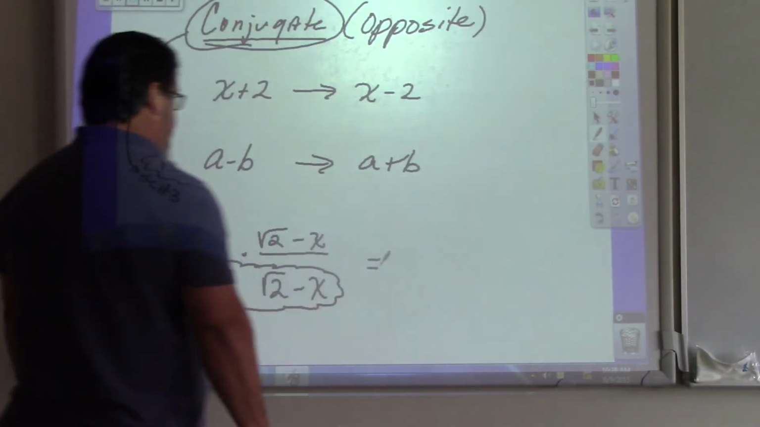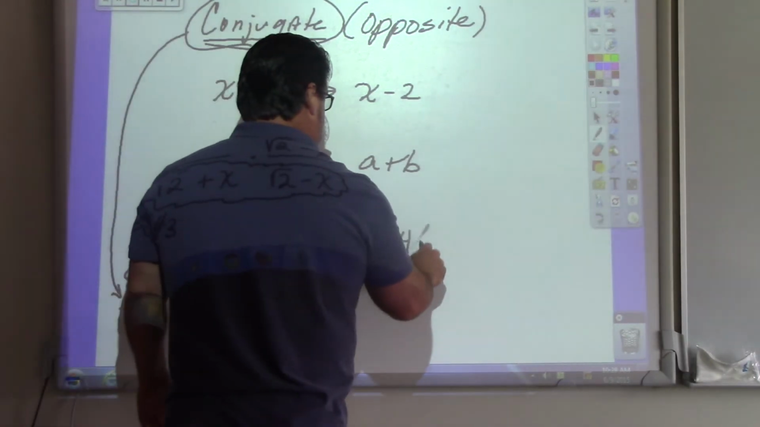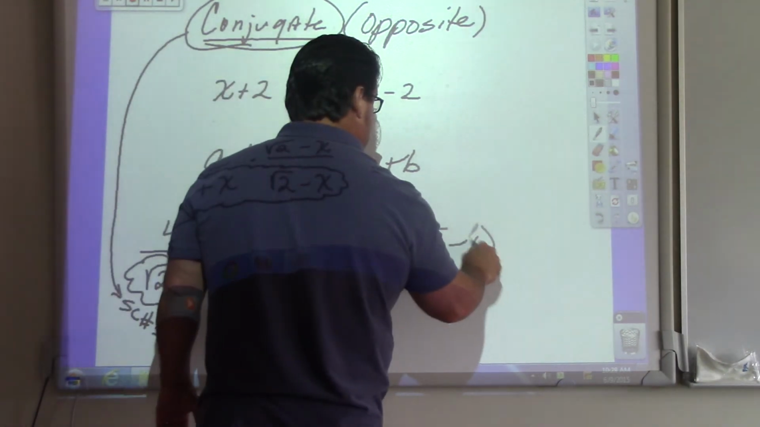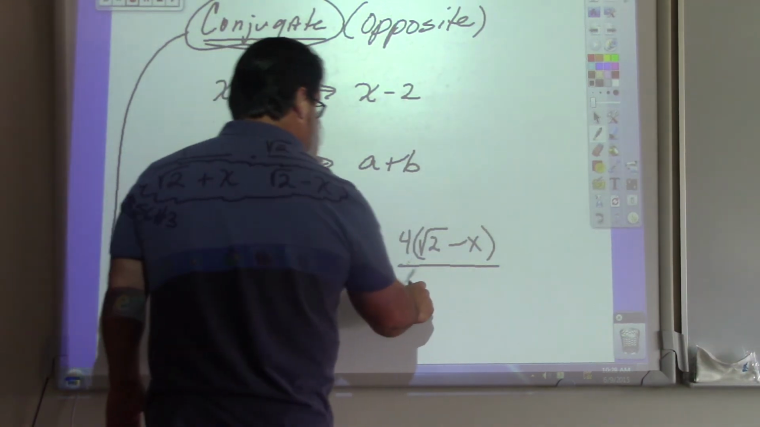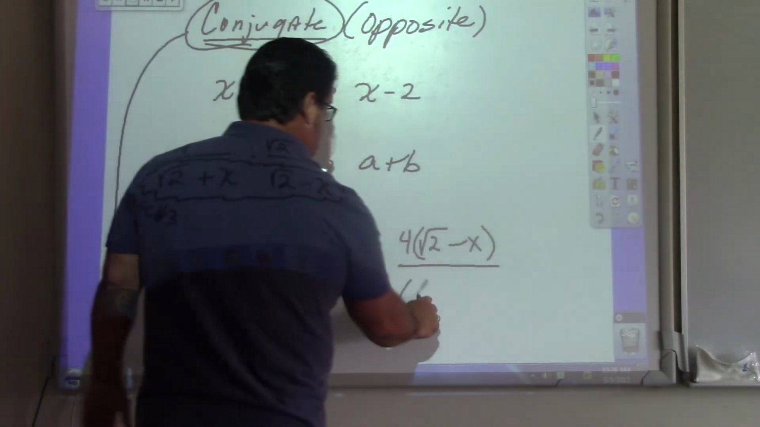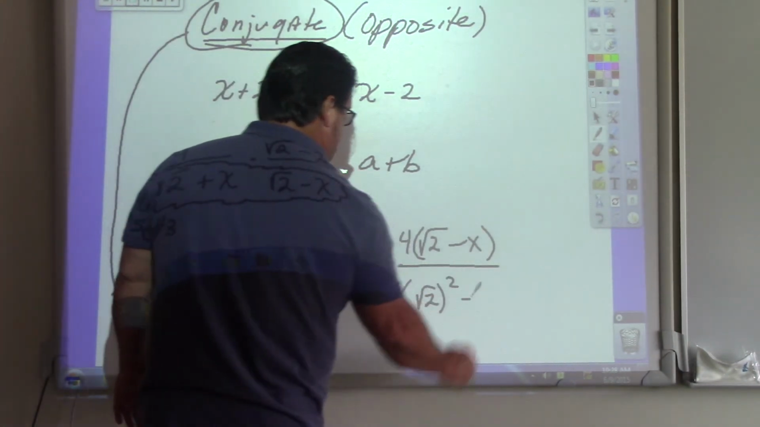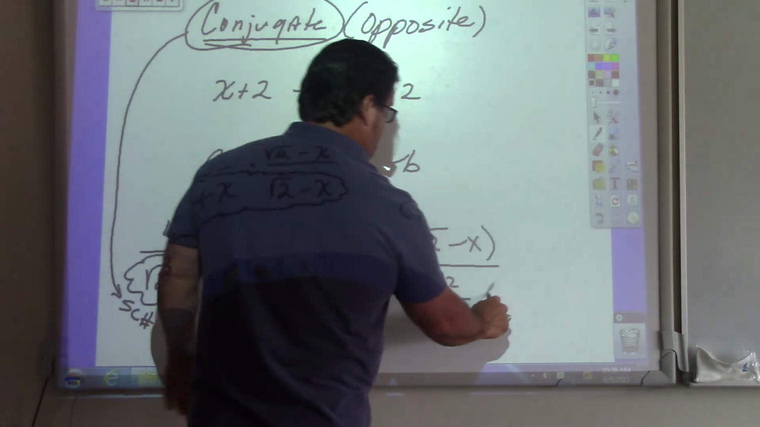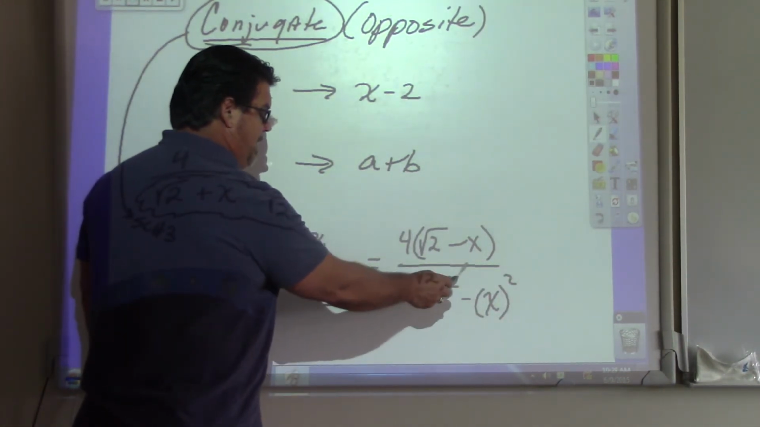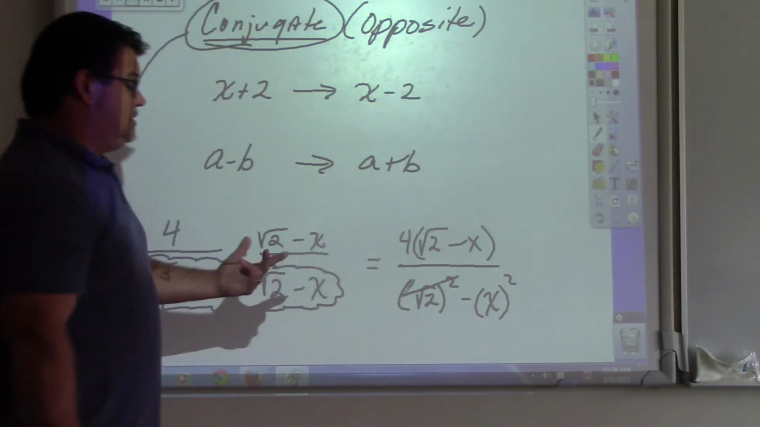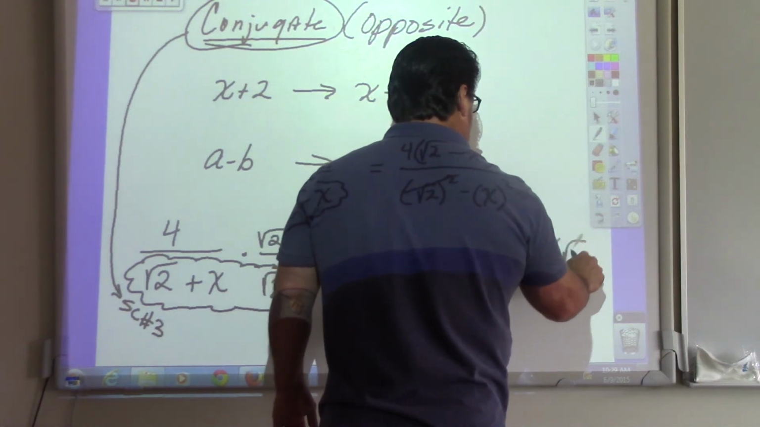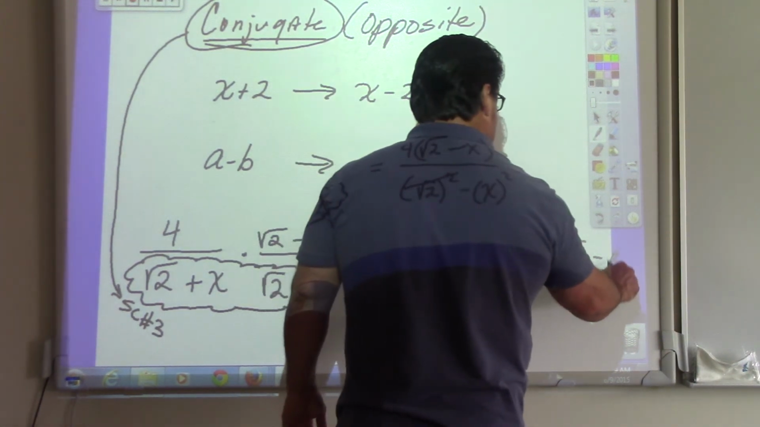So, I'm going to put the baby step in here. That would be 4 times the square root of 2 minus x over, and I'm just going to put it in shortcut number 3. That'd be square root of 2 quantity squared minus x quantity squared. And what happens to the square root squared? They cancel out and it just leaves 2. So you get 4 times the square root of 2 minus x over